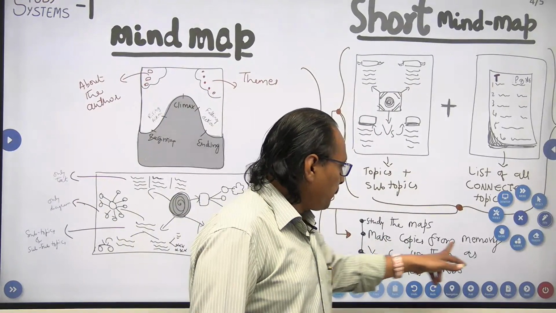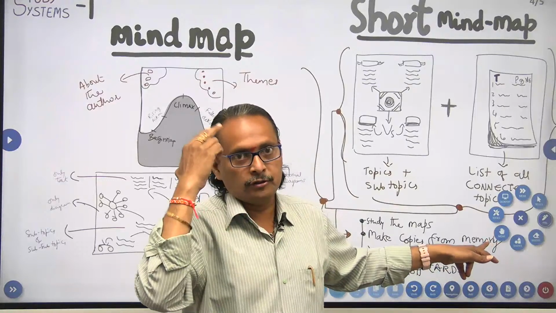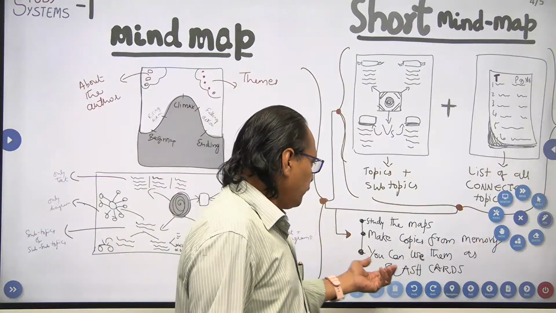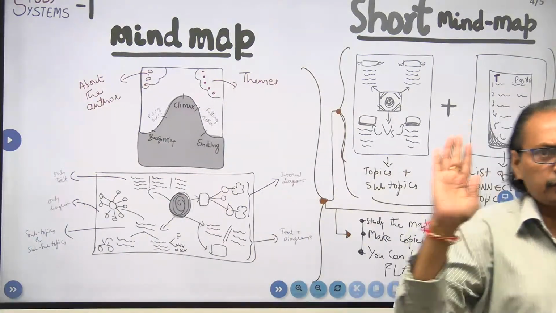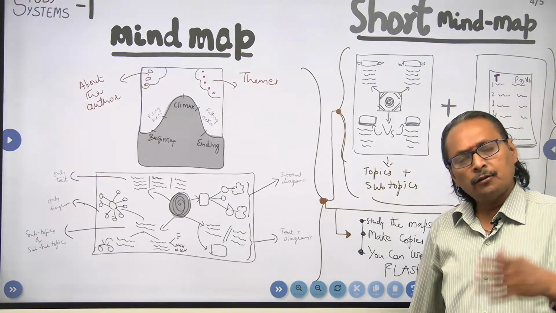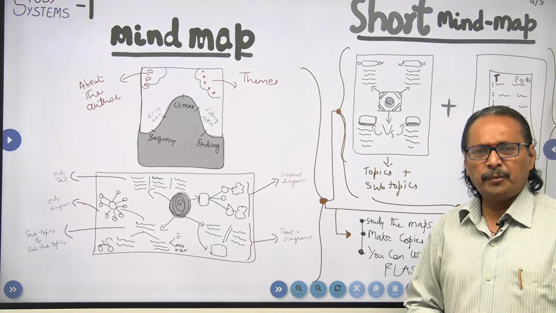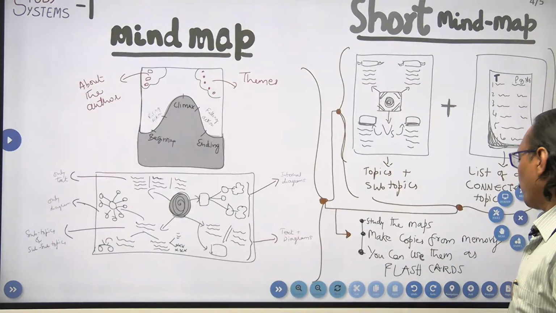Then make copies from memory. Whenever you are writing, don't simply look into the book. Start taking the help of your memory, and you can use them as flashcards whenever you want. Of course, you can also show these pages as flashcards to your friends, to your associates, or to the assistants, or all the people whom you wish to share the content with. So like that you can proceed.